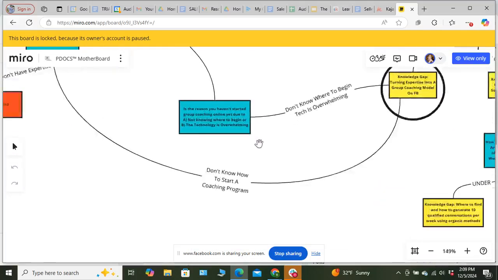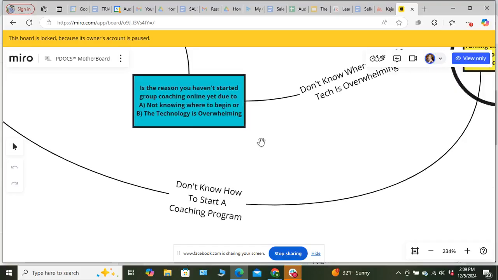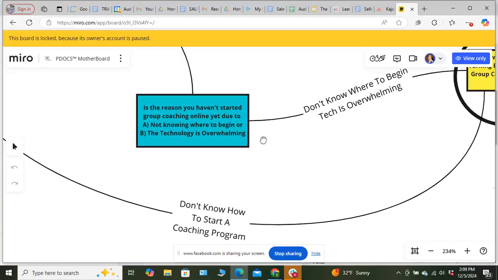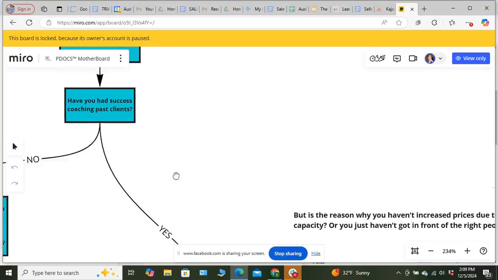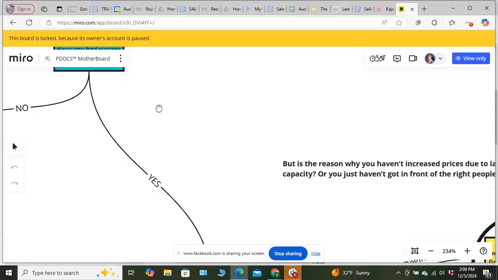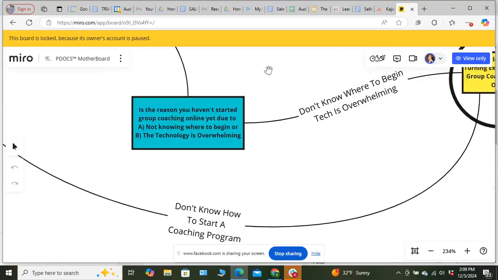And then if they said yes, we might say, is the reason you're not at 10K months... or hold on, what was the previous question, just to make sure I get it right? So have you had success? And then they were under 10K and they said that they've had success. So is the reason you haven't started group coaching online yet due to not knowing where to begin, or is the technology overwhelming? Because those are the two biggest problems we hear why people don't transition their expertise into a